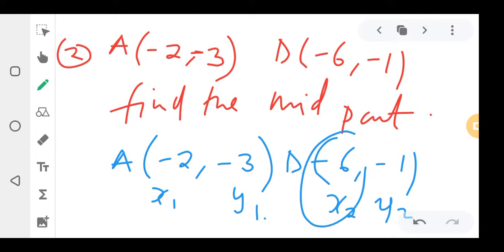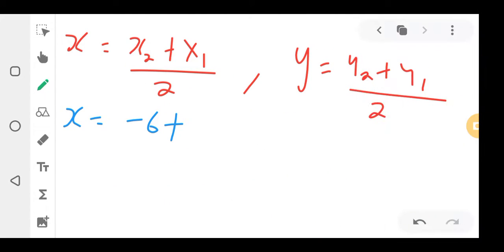X1 is which one? X1 is this one. It's negative 2. As you can see, x1 on top is negative 2. So on x1 I'll put negative 2. Or have you seen? You separate them by bracket. You divide by 2. Okay? And then you say x is equal to,